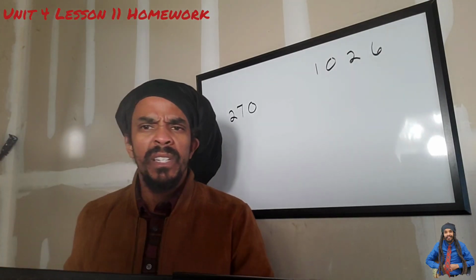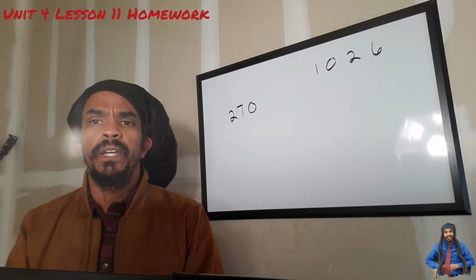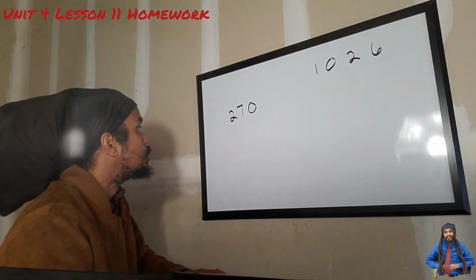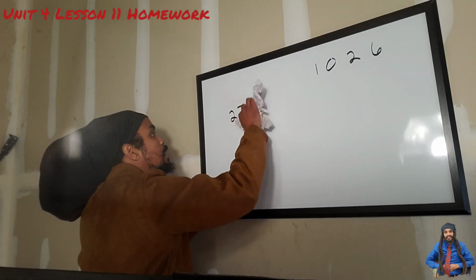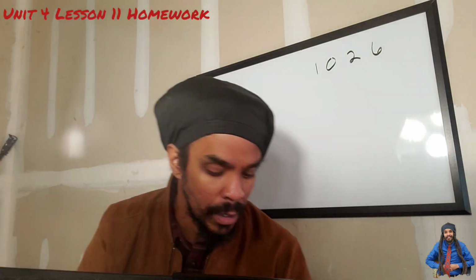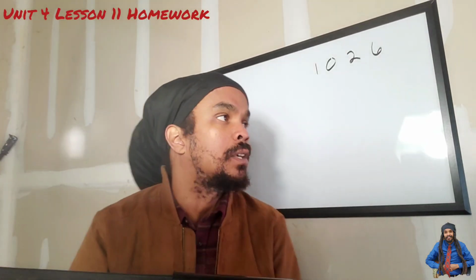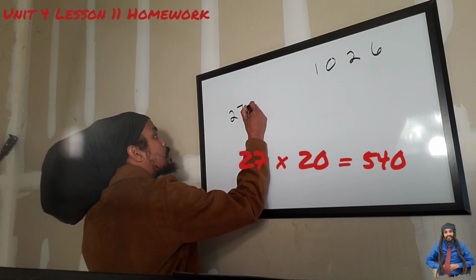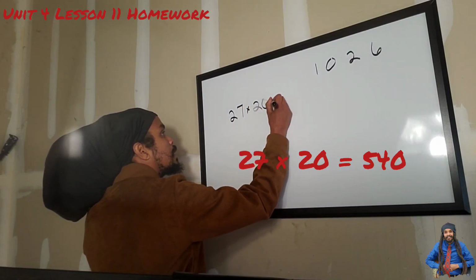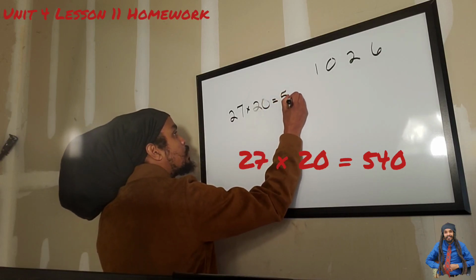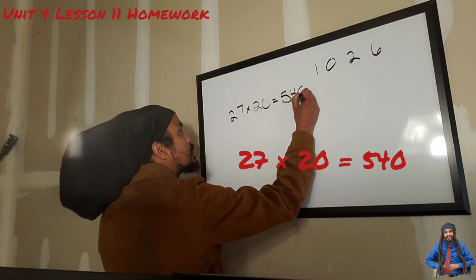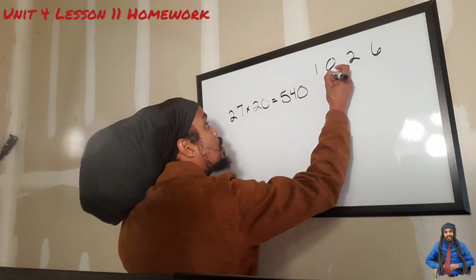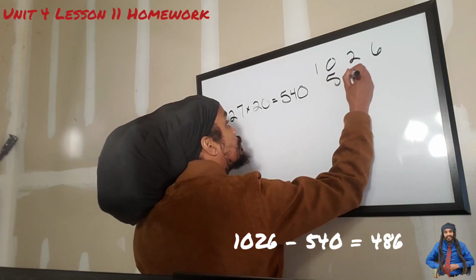But let's think about it. How many 270s do you think we could fit in here? So instead of just doing 27 times 10, maybe we could start out with 27 times 20 and see what type of chunk that'll take out of our 1026. So 27 times 20: 2 times 27 is 54, plus the 0 is 540. That'll take out a nice little piece. Let's go ahead and subtract that. 1026 minus 540